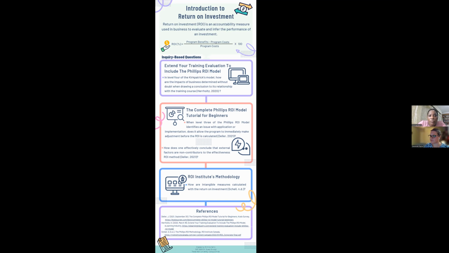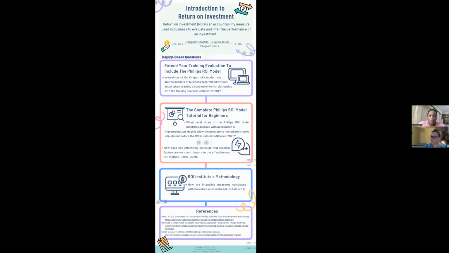For the "Complete Phillips ROI Model Tutorial for Beginners" article, I came up with 2 questions. The first question is, when level 3 of the Phillips ROI model identifies an issue with application or implementation, does it allow the program to immediately make adjustments before the ROI is calculated? The next question is, how does the evaluation conclude that external factors are not contributors to the effectiveness of the